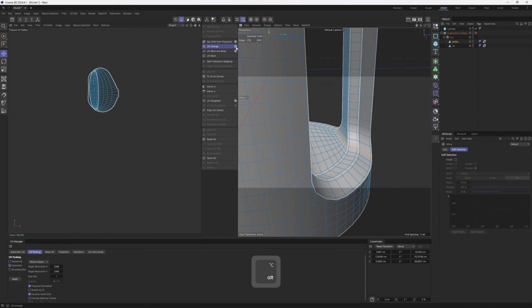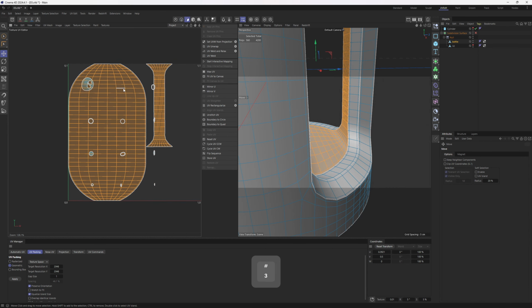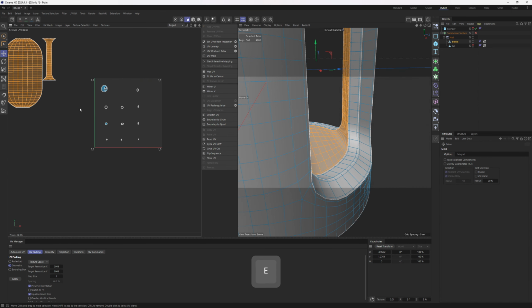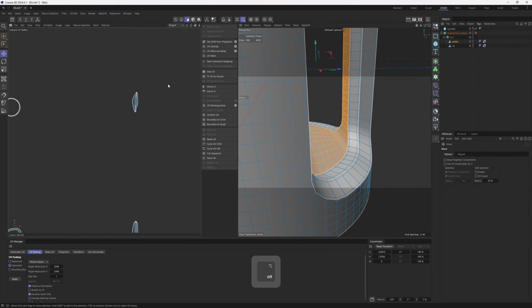Then I will open up the UV Unwrap option, then enable this one. Otherwise, it's going to unwrap everything. I just want to unwrap that selection. Click on, apply the tool, and here we go. I will move these off. Then let's work on another